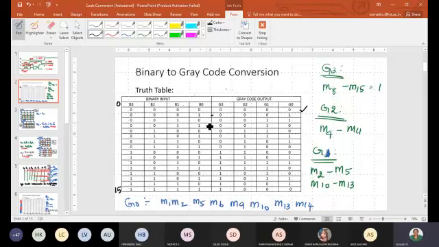Whereas for 2, which is 0, 0, 1, 0 in binary, if I make this 1 and also change this to 0, then I'm making a 2-bit change. Only a 1-bit subsequent change is allowed in gray code, so that is ruled out. Only 1 bit is changed, so 2 will be equivalent to 0, 0, 1, 1.